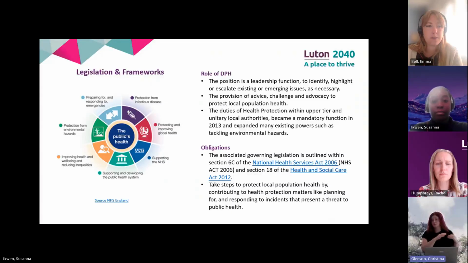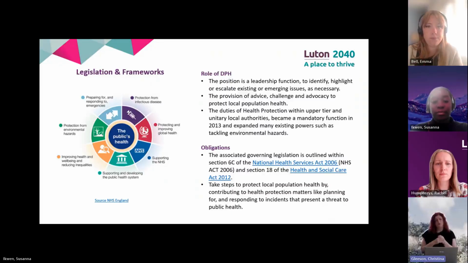There was a Coronavirus Act back in 2020, which did give extra powers. We all remember lockdowns, etc., but that has since been stood down. So we're back to the 1984 Control of Diseases Act. So a lot of legislation, a lot of backgrounds and frameworks which we work to, which you'd expect within an evidence-based profession, driving and trying to improve health at quite a high population level.